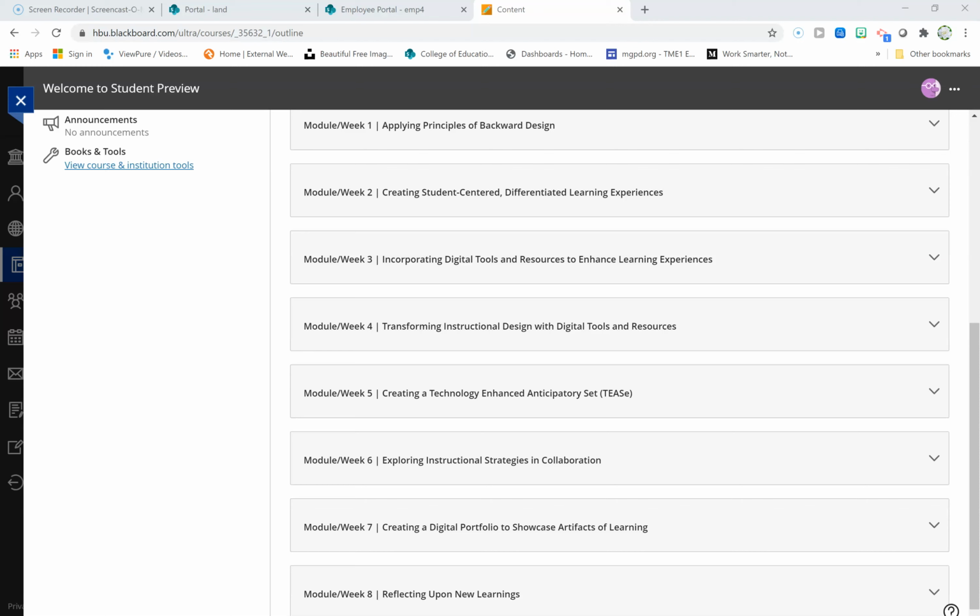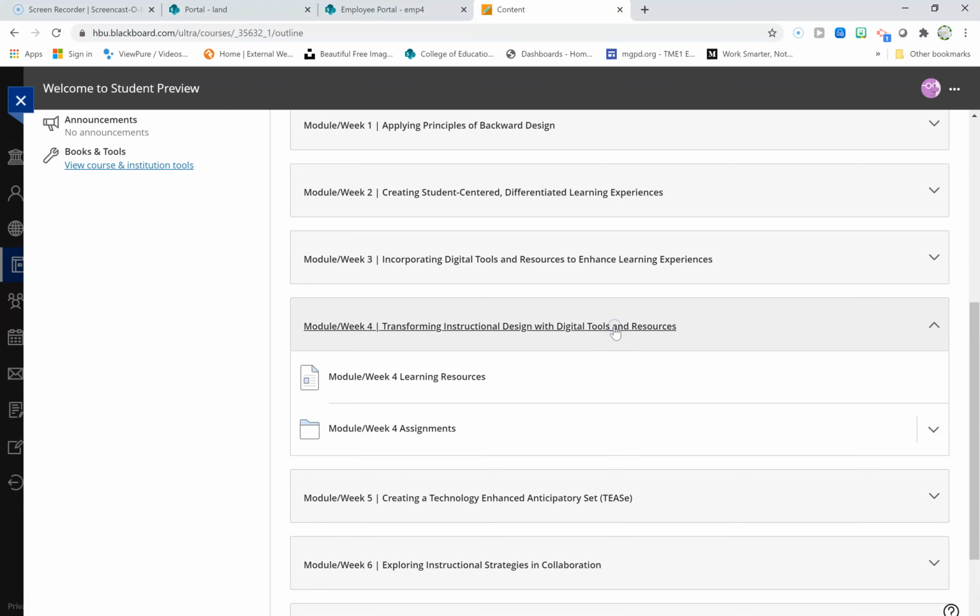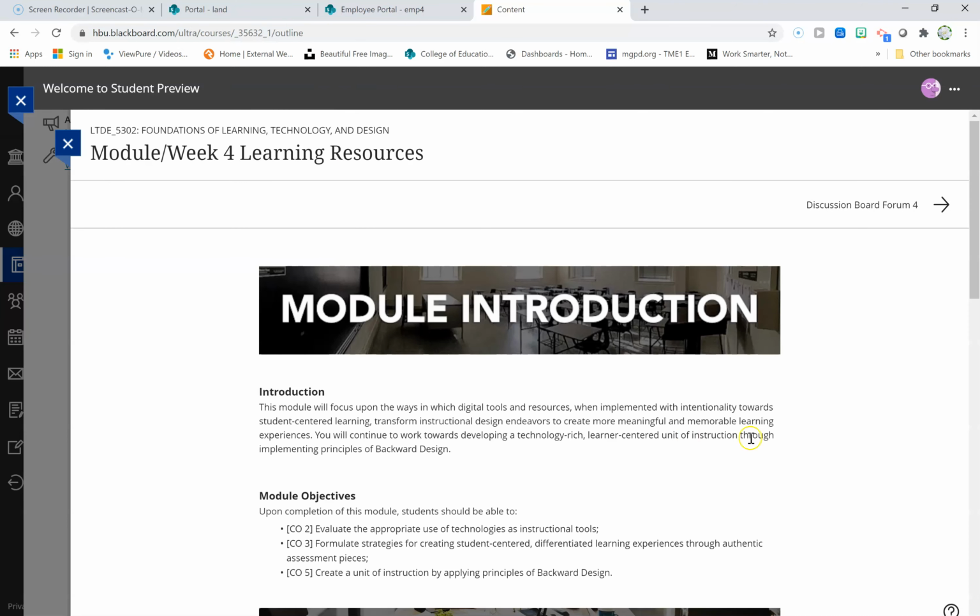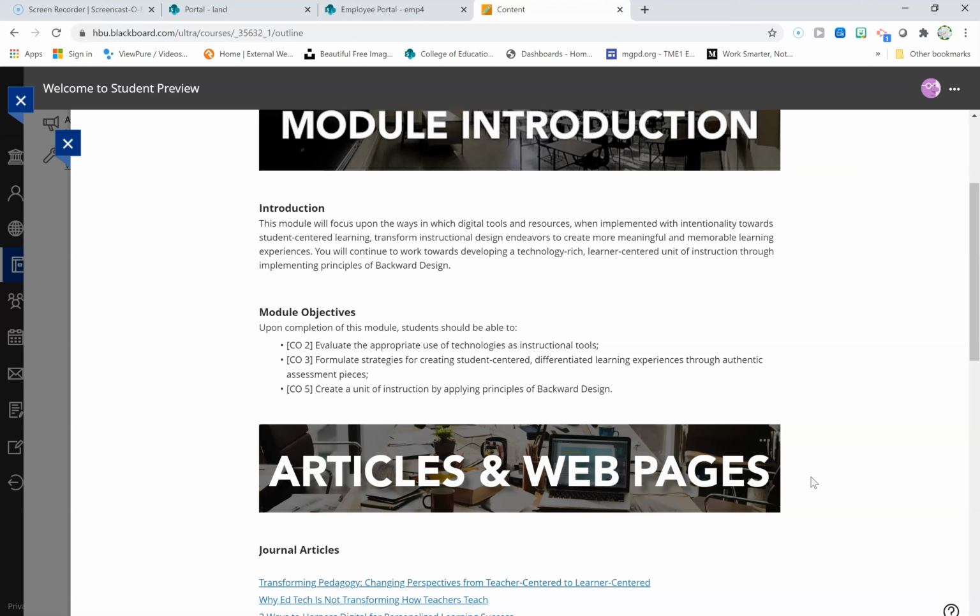Welcome to Module Week 4 of the course, in which we will be discussing transforming instructional design with digital tools and resources. Let's begin by exploring the learning resources for this week. Throughout this module, we will be focusing specifically on ways in which digital tools and resources, when intentionally implemented towards student-centered learning, actually have the power to transform instructional design endeavors to create even more meaningful and memorable learning experiences